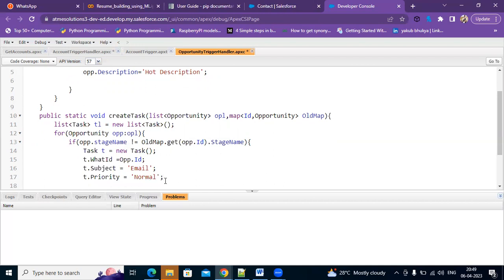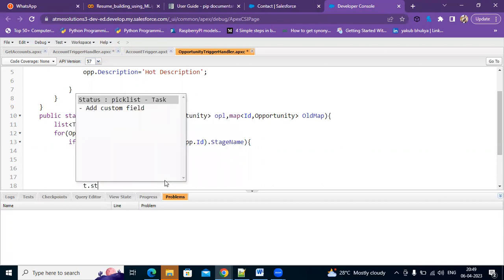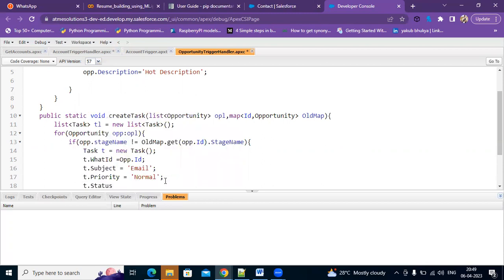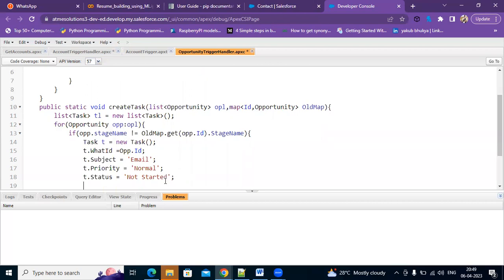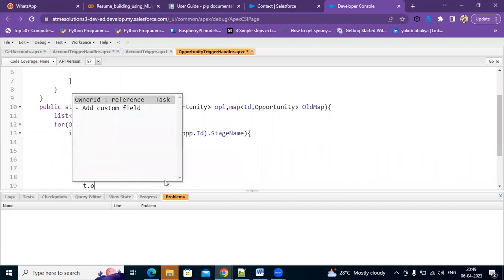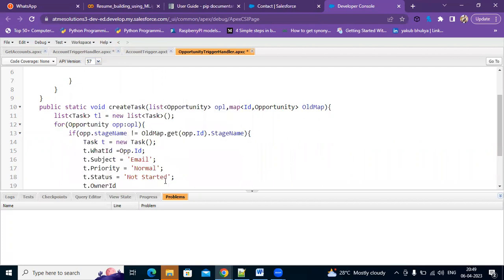After this, I'll add a status for this. Status equals, I need to add the status like Not Started. We'll be having predefined values on this. I'm specifying one value. It is a picklist field there. I'm specifying a value for this field. After specifying this field value, I'll specify an owner ID. We saw the owner ID field, right? So coming to this owner ID, I'll specify the owner ID like